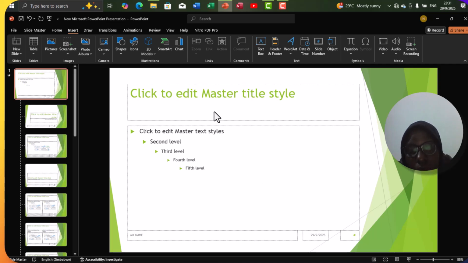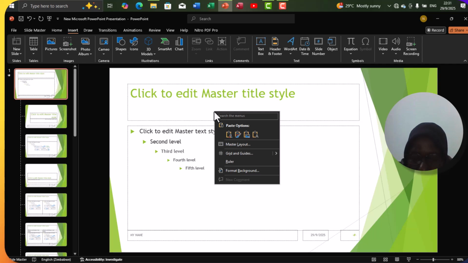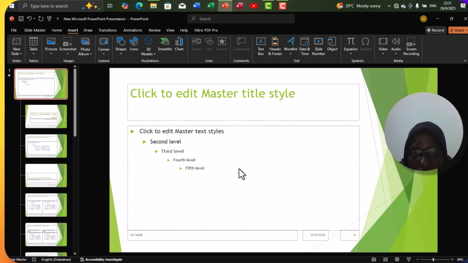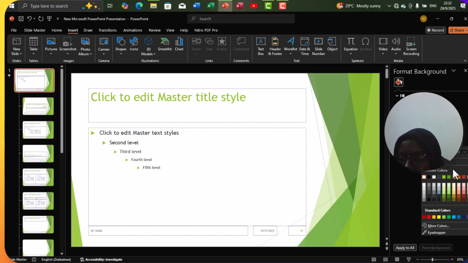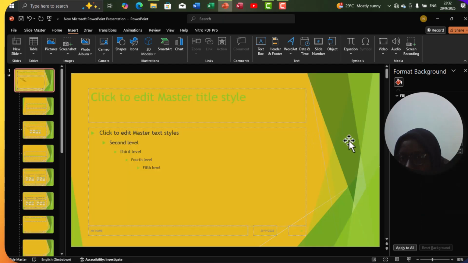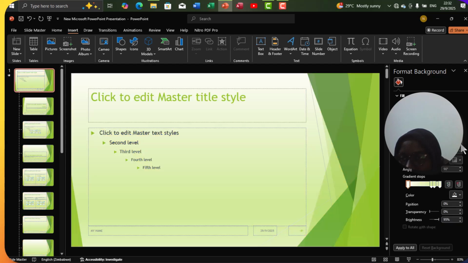Then for the background, you right click and then you come to Format Background. And then this will come. In case you want to put one solid color, like maybe a uniform color, or you want it to be gradients, let's just see all of them. For solid colors, you select a color and it will come on all your slides. In case you want it in gradients,